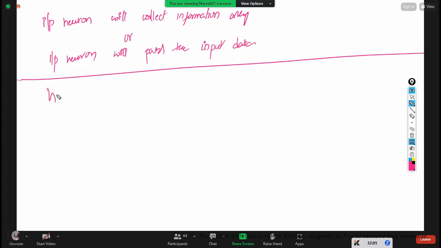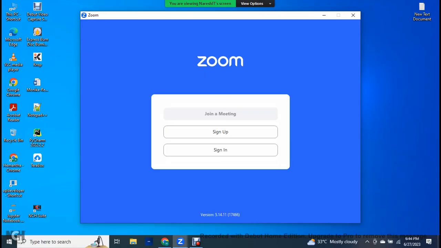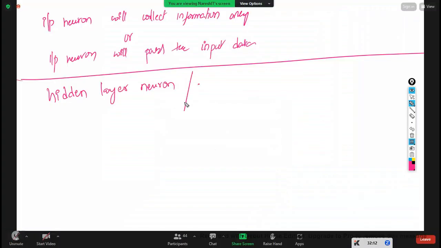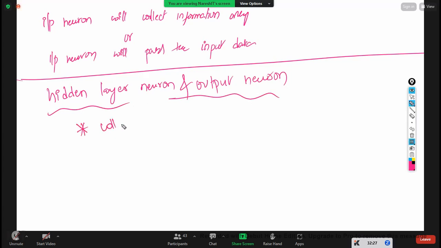Now, the hidden layer neuron and the output neuron, both of them will commonly do the following. They will collect the information, they will process the information, and they will give the output. Okay, so I am writing clearly. Still more clearly I will write: they will collect information